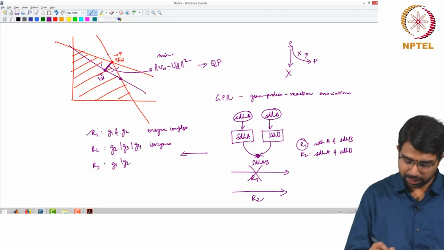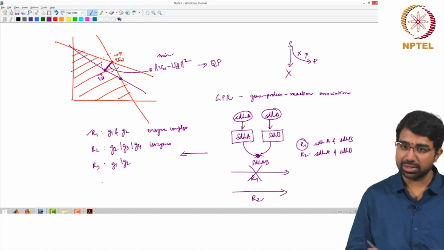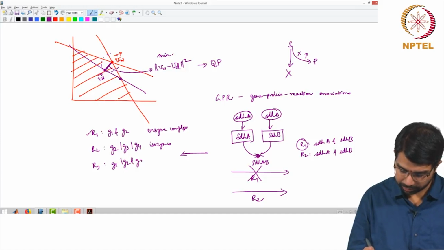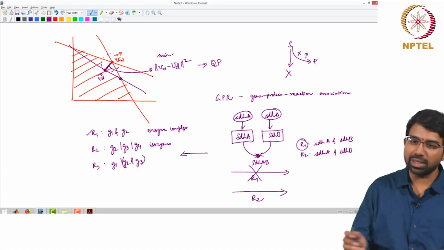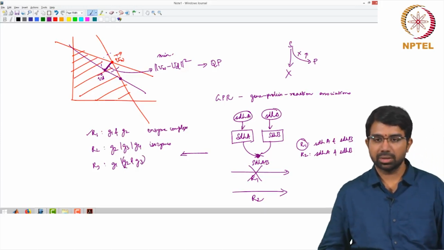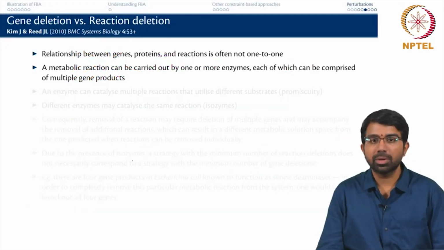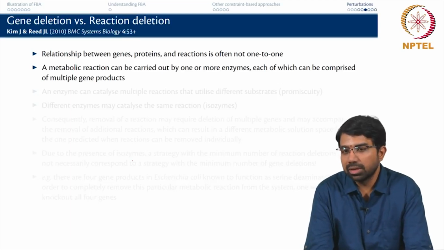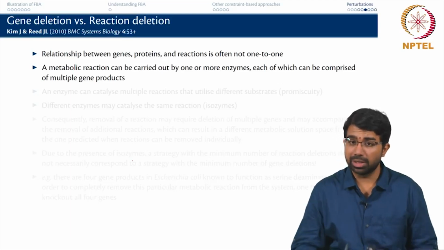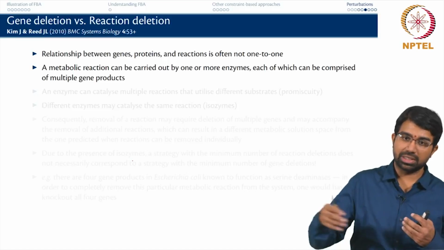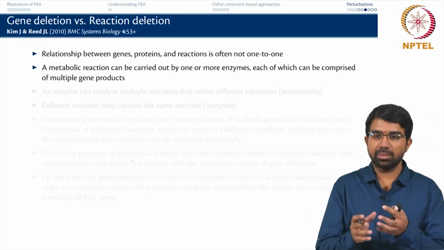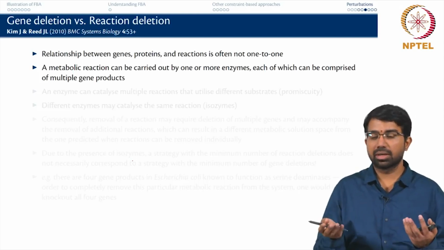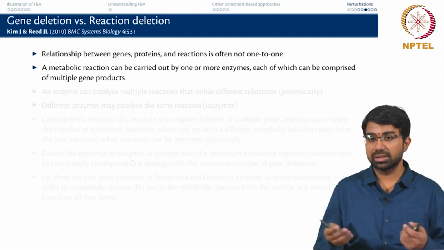In fact, you will have to see what is the effect on all the reactions where G2 is involved. You can have very complex gene protein reaction associations. So, a metabolic reaction can be carried out by one or more enzymes. Some of it could be a multi-enzyme complex that is carrying out a complex series of reactions. The same enzyme carries out 20 reactions, it is quite possible, right. It could be a polymerase like or a fatty acid synthase,